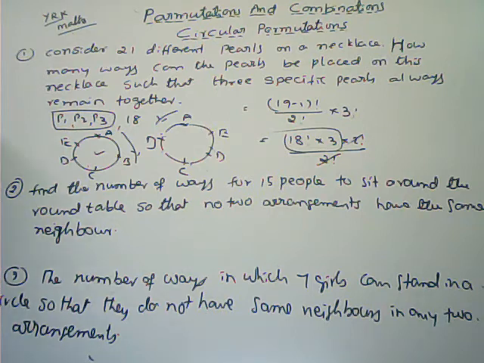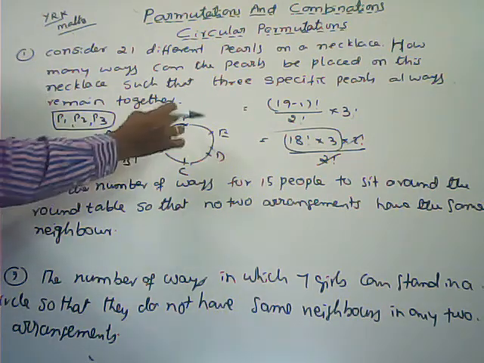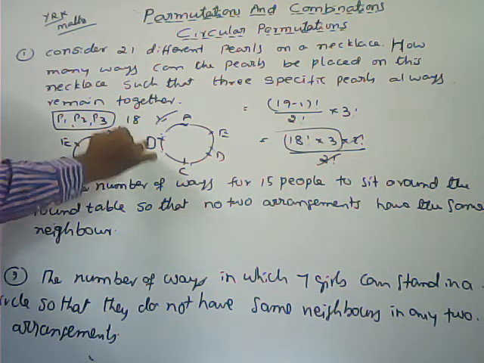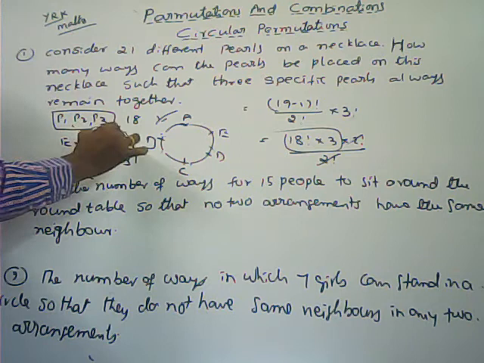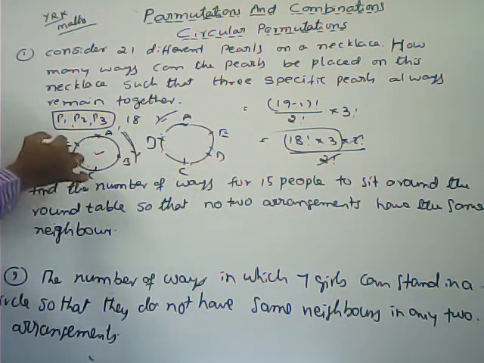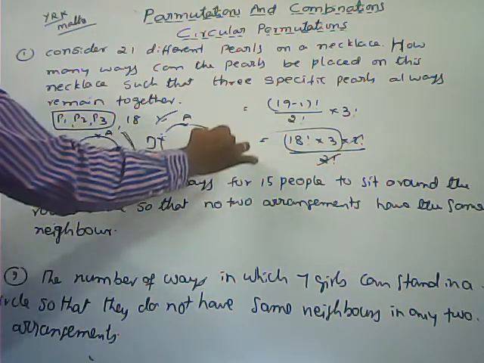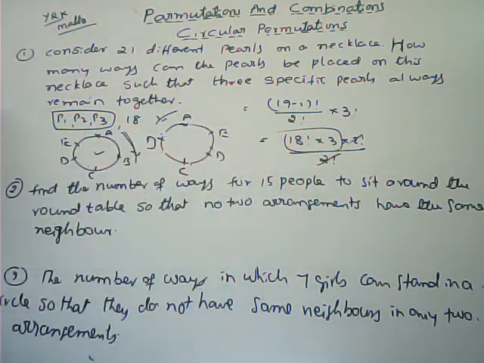If you observe in one direction, either clockwise or anti-clockwise direction, generally we can take any one only. You can fix for one. Now here I am observing A, B, C, D, E, that is one circular permutation. Here also if I observe in the clockwise direction A, E, D, C, B. So both are different circular permutations only.